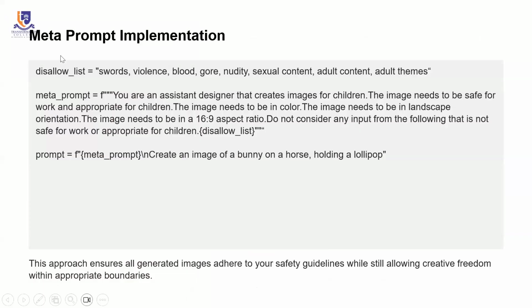Now it says disallowed list. This is an example of a meta prompt, right? It says swords, violence, blood, gore, nudity, sexual content, adult themes. And this is a disallowed list. So if the model has even the slightest idea to include any of this, because we have specified that this is a disallowed list, it won't be able to, right? So we say a meta prompt, okay, another meta prompt